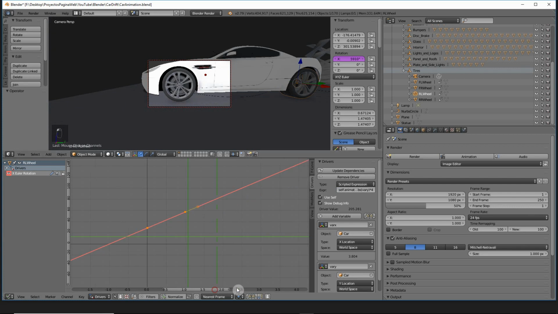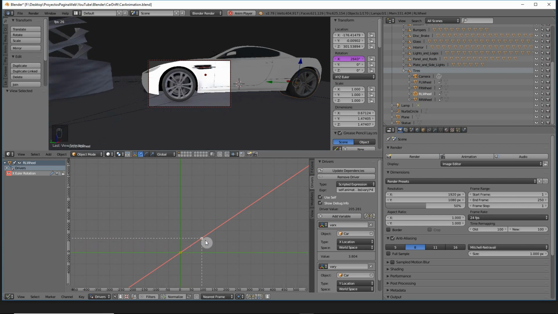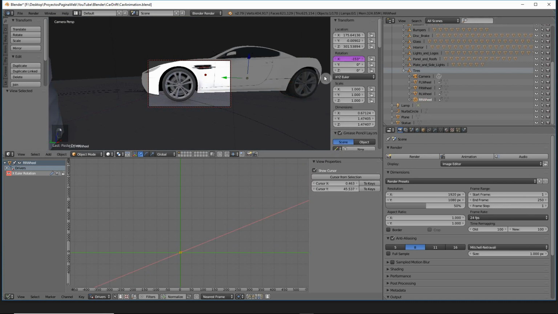If we want, we can also zoom in, and here we're going to see how it actually animates. So it starts from here. It's going slightly back, which is not good, but let's just leave it as it is now. It's going forward, which is good. This is for this wheel. Let's copy the driver. Let's go and select this one. Now the four wheels are all rotating, just in a different way.